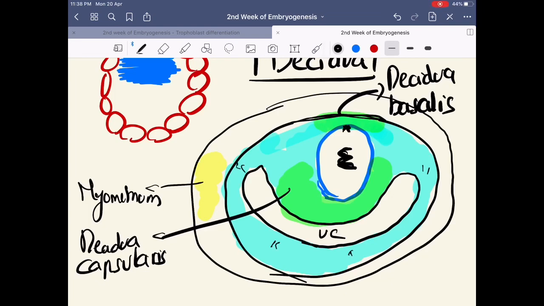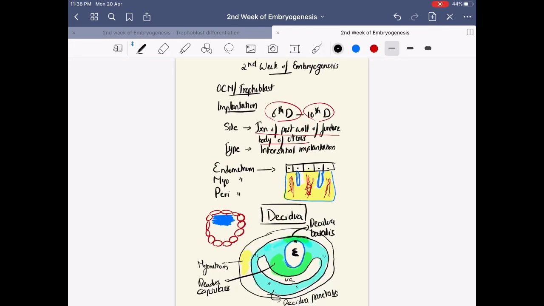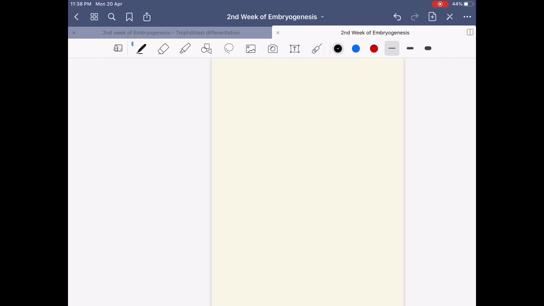And the remaining part of the decidua that you can see in blue, here, here, here, what is this? This is decidua itself, but it is decidua parietalis. Hope it's clear. That is the three decidua that we are going to see. Now since we understood that, we will gradually see the changes that are happening to the trophoblastic cells or the outer cell mass cells. And that is forming the core topic of discussion today.